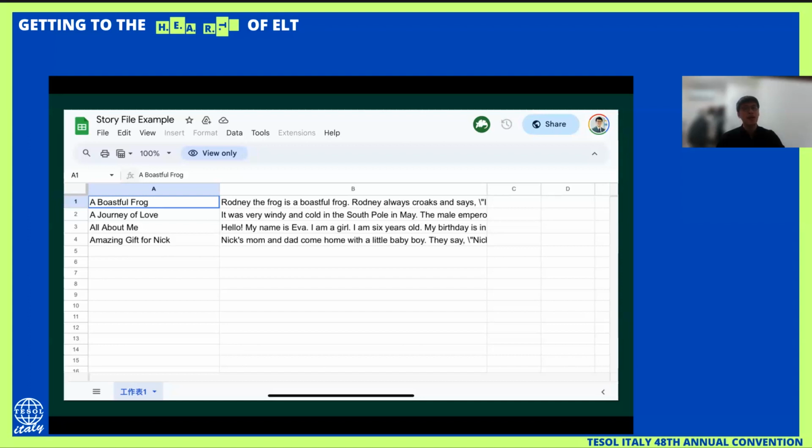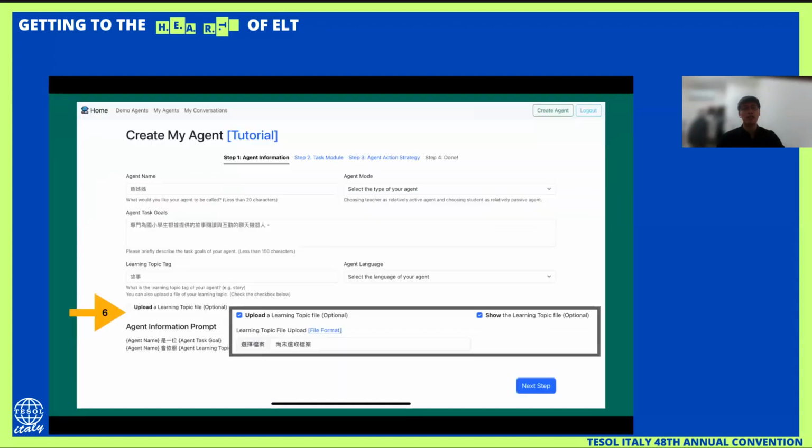That means you can upload different articles in the CSV file for the students to read. If I want students to understand different arguments, for example, I will just upload different titles and contents in this file, and then upload it to the file field we just saw.